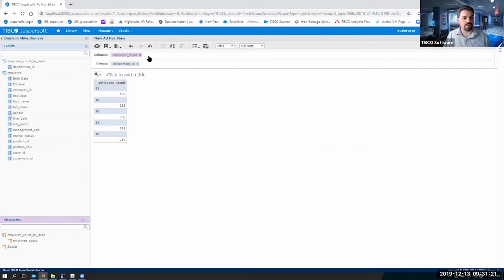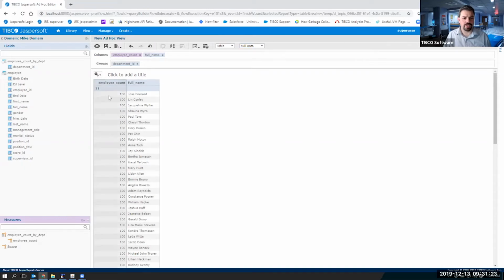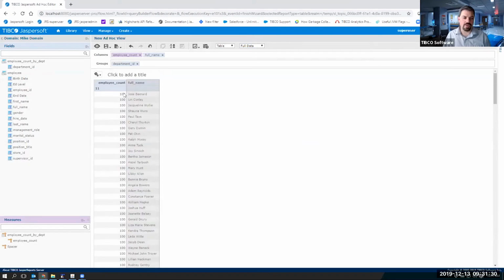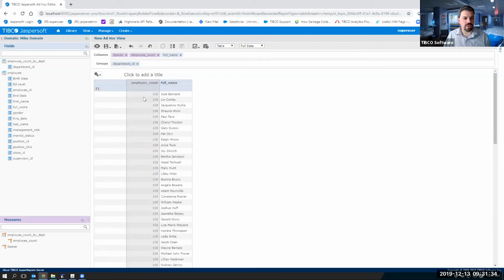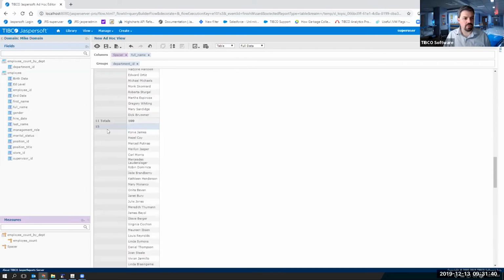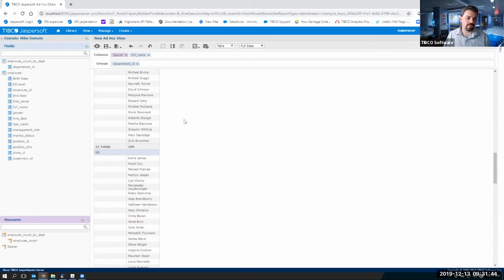let's say the names of the employees. This is a little tricky because now I'm showing the total in this column, but then all of the 100 employees in this column. So it's not exactly the best example, to be honest, but I can switch over to that employee count and go ahead and get rid of the count. And obviously at the bottom you will see my 100 employees were there for that total for that department.